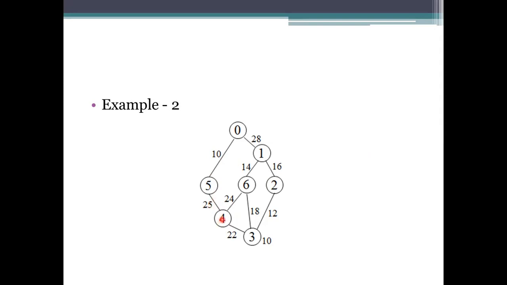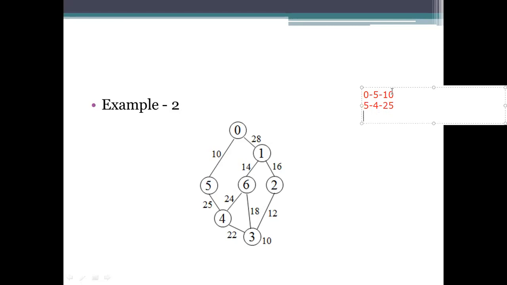While coming to 4, we have 2 values, which are 22 and 14. So let me draw this one. Sorry, enter this one. From 0 to 1, I am taking the value 10, and sorry, not 1, 5. Okay. And coming to 5, what values do we have? From 5 to 4, we have a link. The link has the weight 25. And at 4, we need to choose the least one. So which is the least one? 4 to 3, 22. Okay.